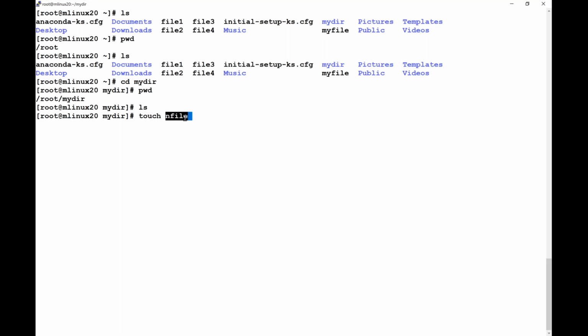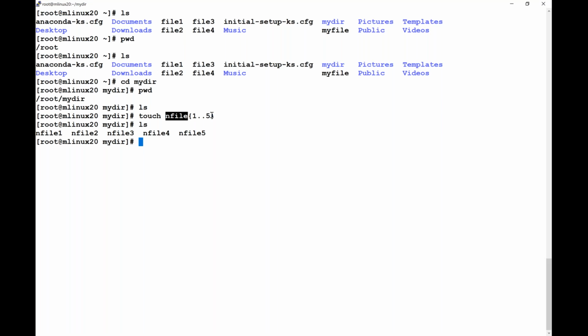So whenever you want to give a range, you want to create files in a range, then you can use curly brackets, or parenthesis, whatever you say. Now between these, you can mention the range. I'll say start with number 1 and continue till file number 5. So you see, 5 files will be created with the names nfile1, nfile2, nfile3 like that. Now when I hit enter,